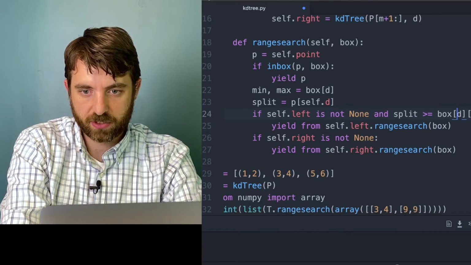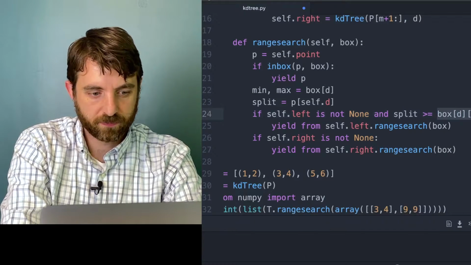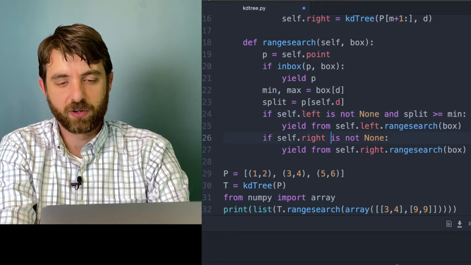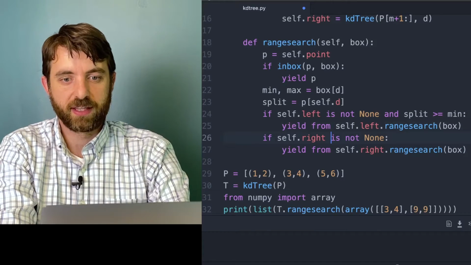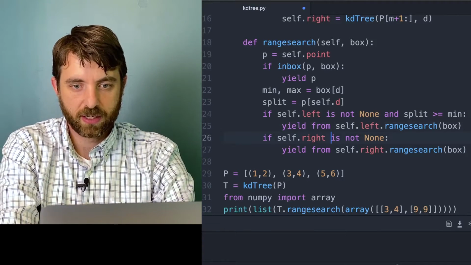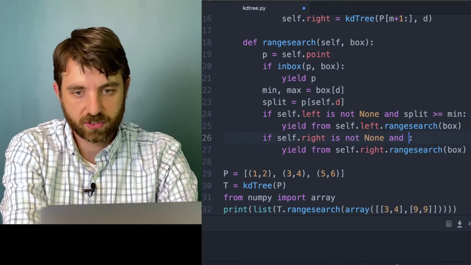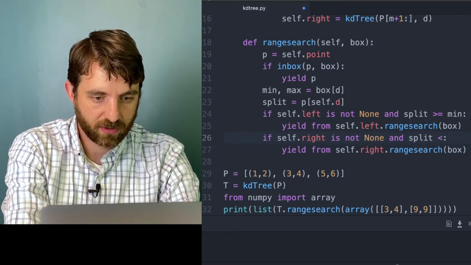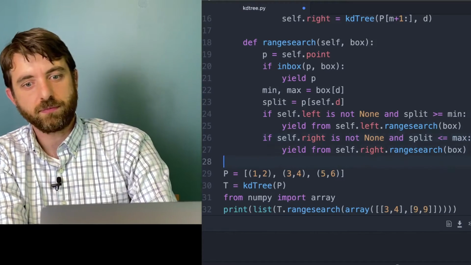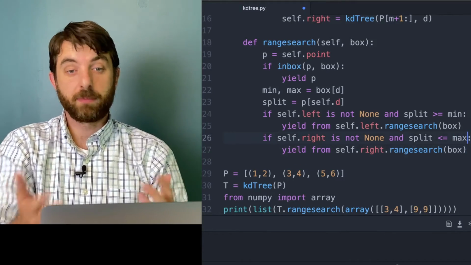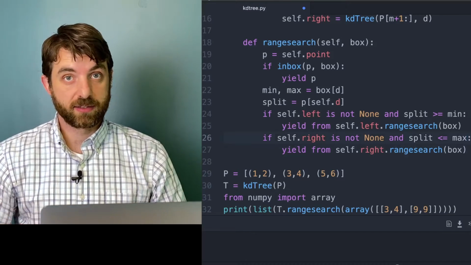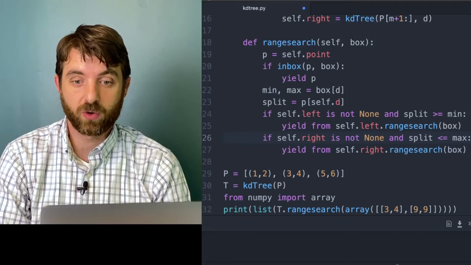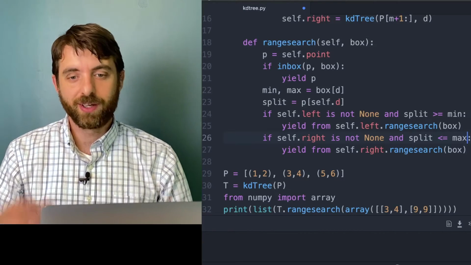And so I wanted to make sure that this split is greater than or equal to the min. Right? That way I'll actually search the left side. And to search the right side, I need it to be the case that the split is less than or equal to the max. Okay. And so it could be that both of these hold and I search both sides, which is totally fine. It's just that sometimes one or the other or both might not hold, in which case,